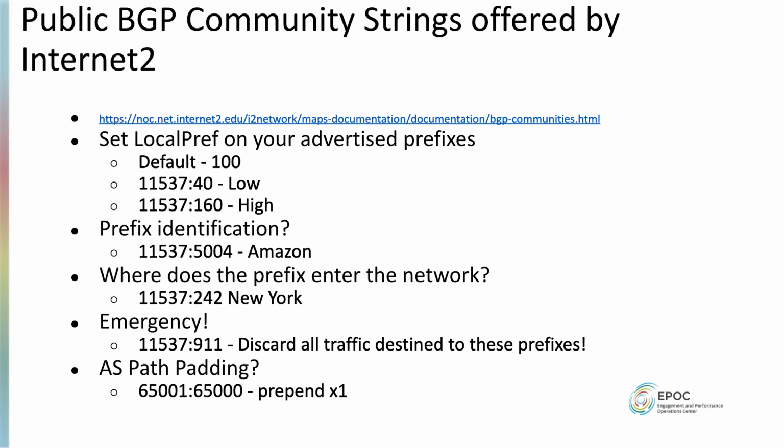facing back towards you. They identify where the prefixes come from, whether it be Amazon or another cloud provider, or even where they get that prefix across the country or internationally. So you could see a prefix that says New York or Los Angeles, and depending on where you are in the country, you could change where you're accepting or where you're preferring that prefix. They even allow you to discard all traffic destined to a prefix that you advertise to them, in case you're getting DDoS or something bad is happening. And then you can, as a last resort, tell them, hey, why don't you just prepend or add an AS path to this route, and